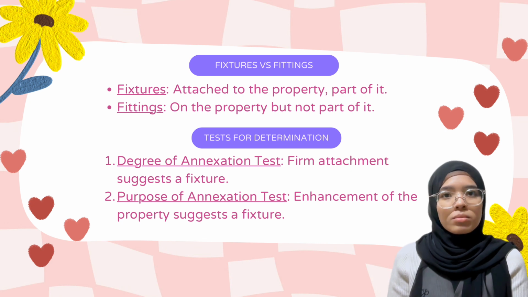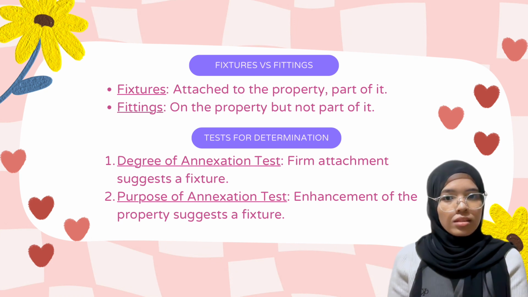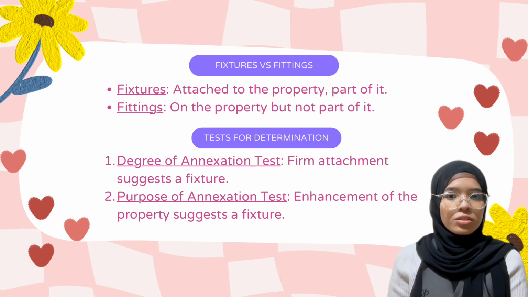In the case of Dibble and Moore, 1970, a greenhouse attached to land only by its own weight was regarded as only a fitting, not a fixture. It wasn't physically attached, and on the second test, there was no objective intention to make the greenhouse part of the land. Another case that can distinguish the difference between fixtures and fittings is the case of Berkeley and Paulette,